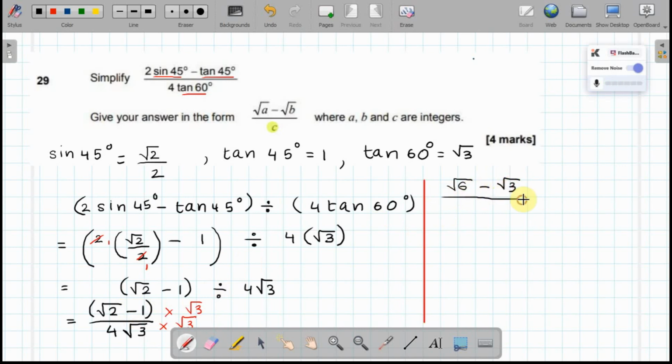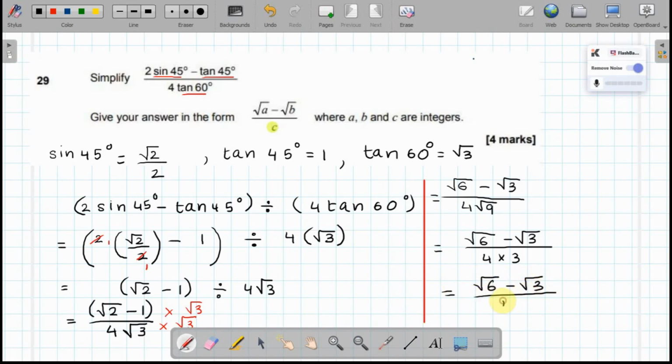All of it divided by 4 root 3 times root 3, which is 4 root 9. And root 9 is 3. So root 6 minus root 3 over 4 times 3, which is root 6 minus root 3